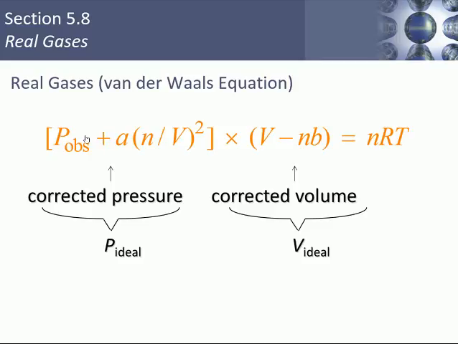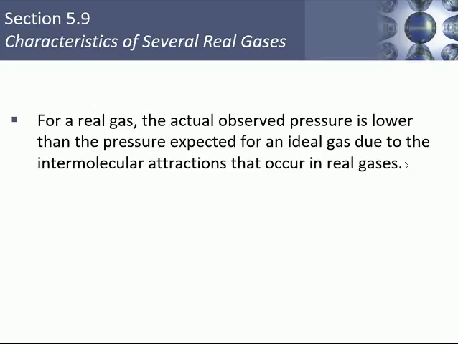But what we've done here is we've taken the PV equals nRT, and in order to make it correct, we've had to make some adjustments. This is the ideal pressure. This is P, and this is V. We've taken the P ideal, and we've noticed that the observed pressure is different from the ideal pressure. This is observed pressure, and we have to add some adjustments here. And we have to take the ideal volume and then make some adjustments here. Once we've done that, we can have the PV equals nRT and have it correct, but not until then. And again, that's because no gas in real life behaves like an ideal gas.